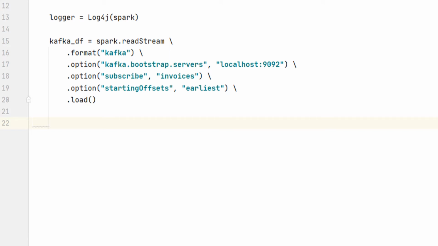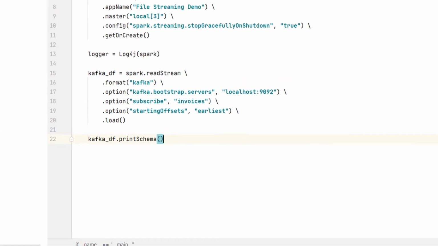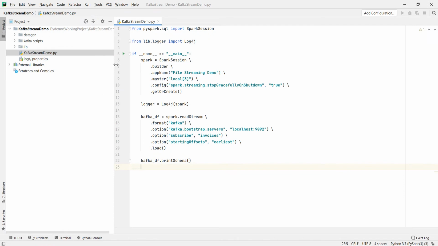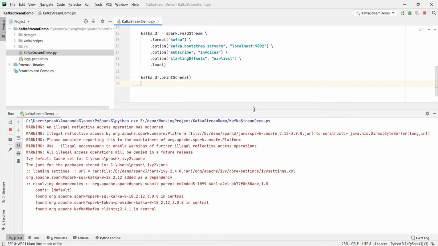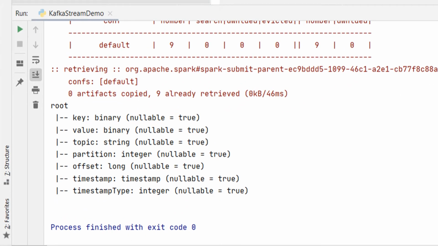However, we have a catch here. Let me print the data frame schema and show you. So, the Kafka data frame always looks like this. We have a key and a value.